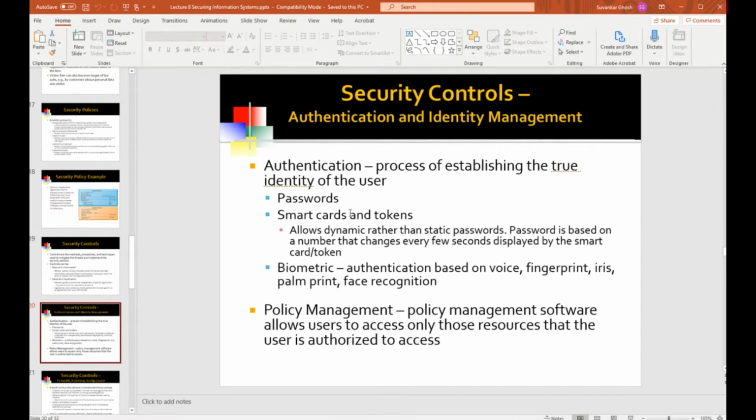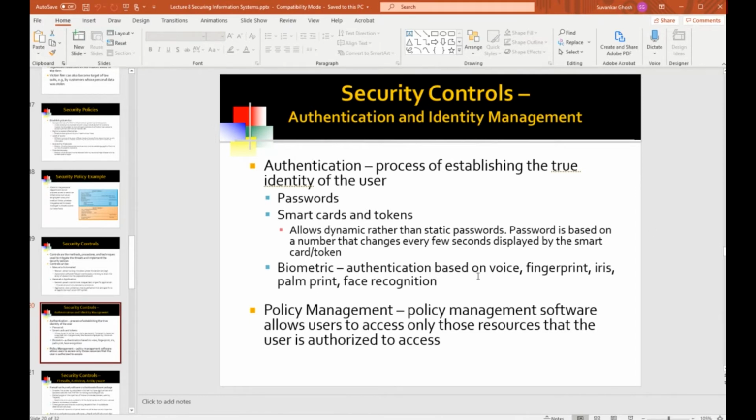You may have accounts on databases. Well, which databases should you be given access to? And even within some of the accounts, the access could be at the record level or the data cell level. So all this is actually handled through policy management software.